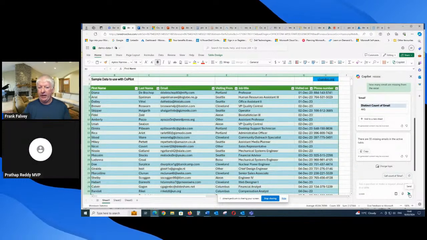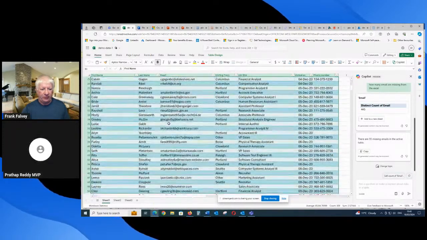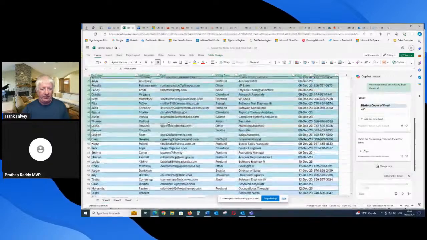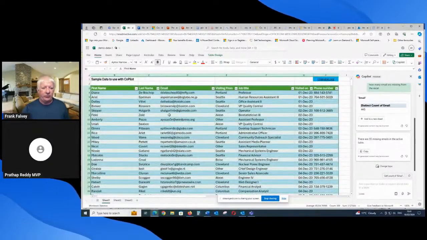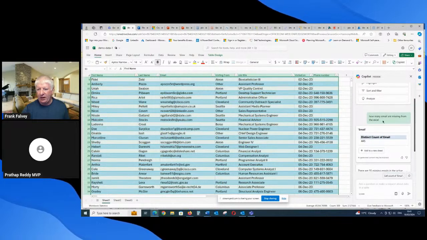Okay, so do you see my Excel sheet here? Some of the emails are missing from the data sheet. It's a big data set. To save you counting each one, like 1, 2, 3, 4, you can go over here on the right hand side. I just asked the Copilot how many emails are missing from the Excel, and it came back and said a distinct count of emails,